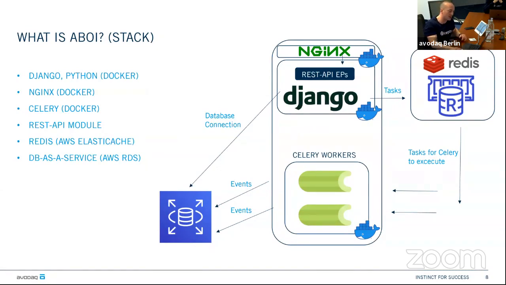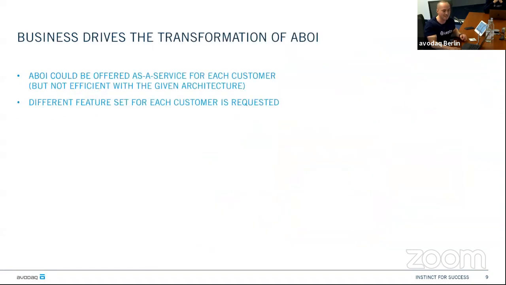But what we saw as well is, with all of our customers, we are talking about, yeah, we're using aBOI to solve your challenges faster. They said, oh, this is really nice. I want to have this as well. And if we have an escalation going on, would it be possible that we are invited as well? And then we saw, okay, our aBOI solution, quite cool. Right now it solves all of our challenges.